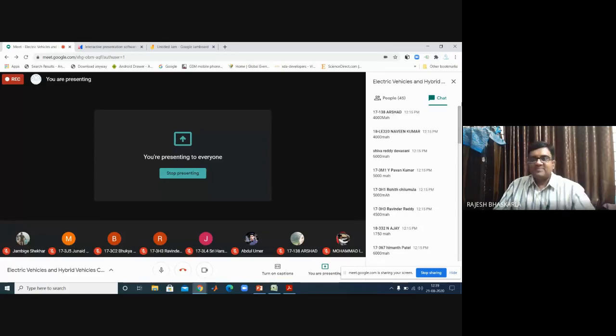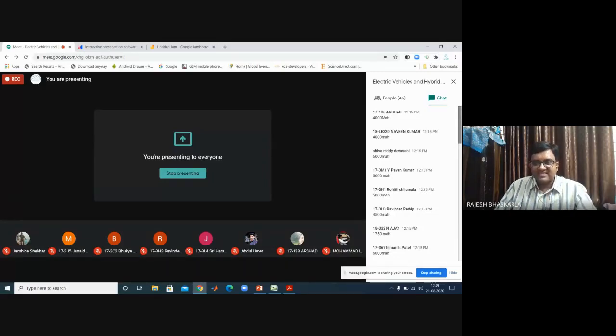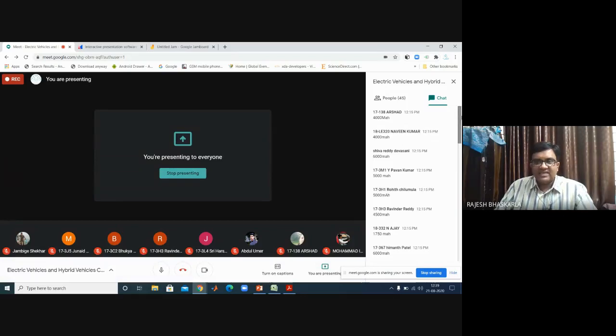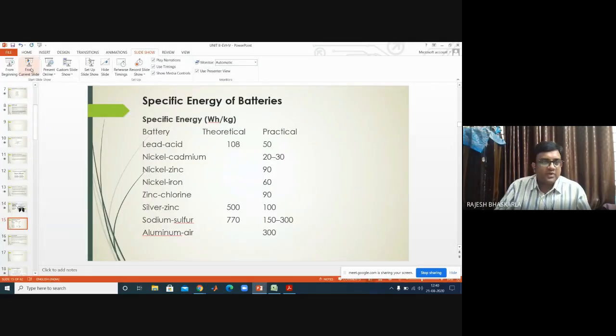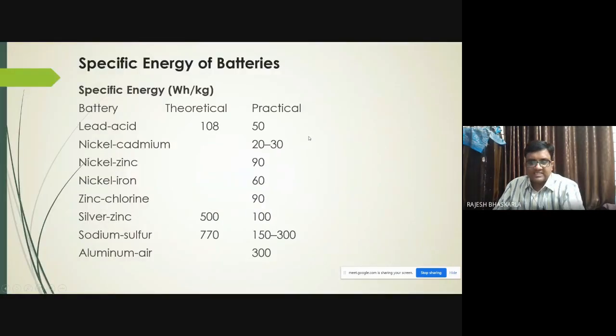Okay, so a lead acid battery is not only cheap, the materials are easy to find. You can easily find sulfuric acid. You can easily find lead. You can easily create lead oxide. So all these materials are readily available. You yourself can go to the market, purchase them, and make a lead acid battery. So that is the easiness with lead acid batteries. That is why they are easy to manufacture. Their cost is less and manufacturing capacity is very high. That means a lot of production can happen because of the availability of the materials. All the materials are available in India and you can manufacture them here itself. So that is the advantage with lead acid batteries.